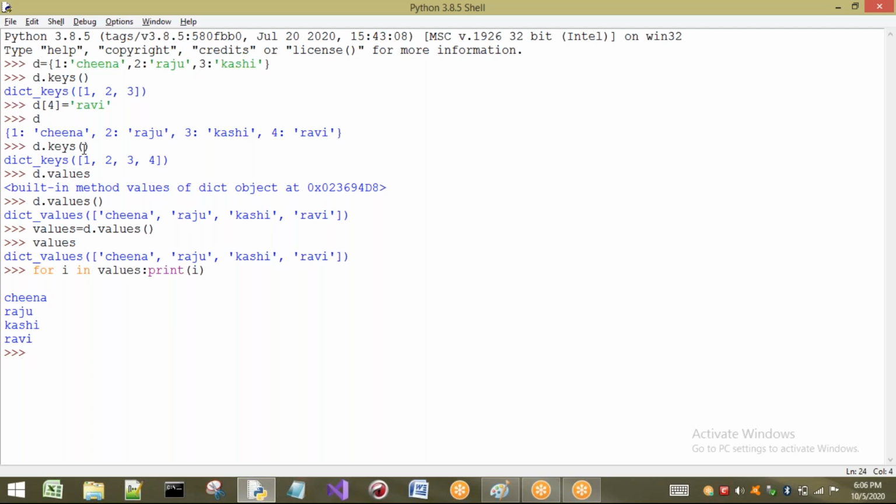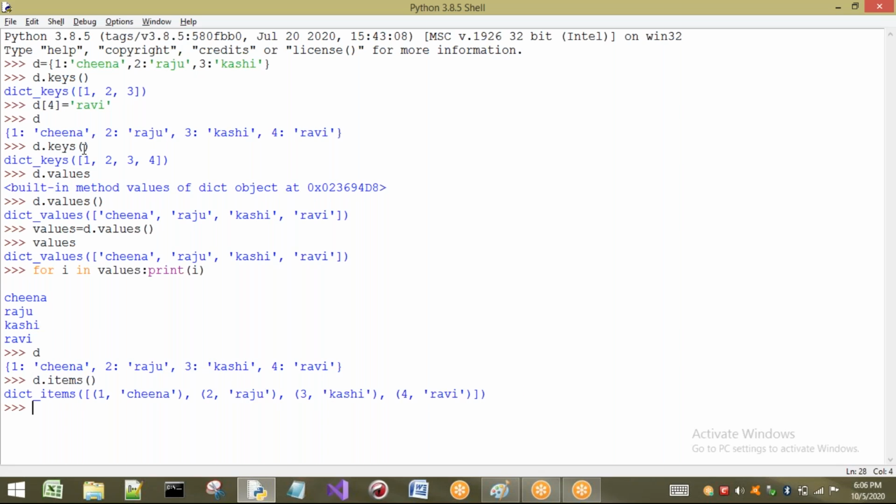So already I have some dictionary d, and in that we have 4 items. I want to retrieve all those items, so I just have to use the method d.items(). Whenever you do this, it is going to separate each and every item in the form of a tuple. Okay, so if I want to print it in the same way as I printed before, I will write d.items(). Let us print the values.